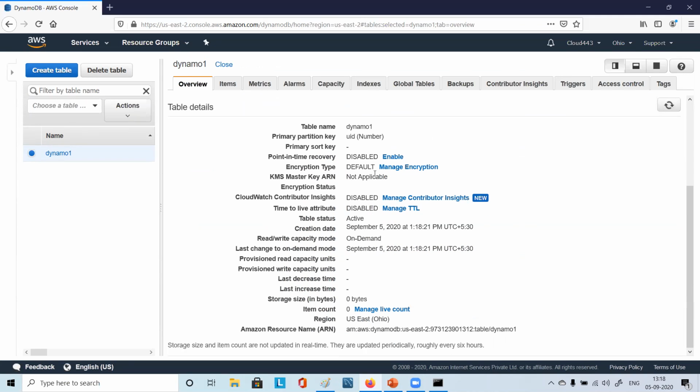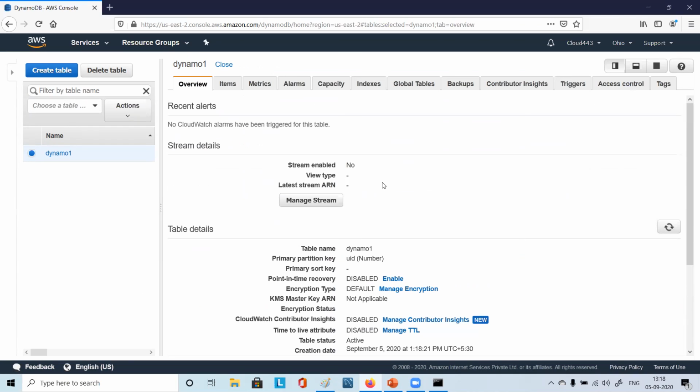Right? You see here, manage stream. Stream enabled, no. View type, latest stream ARN, manage stream. What is stream? It will capture any changes in the DynamoDB table at item level, right?